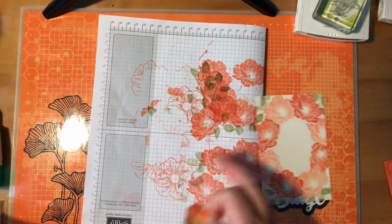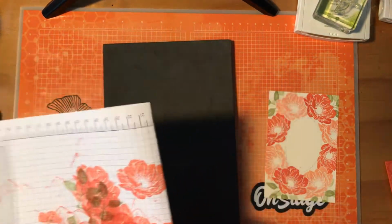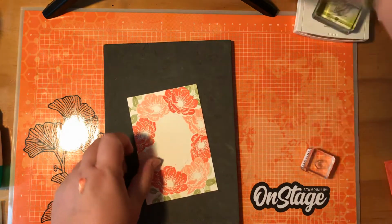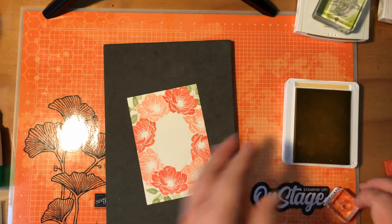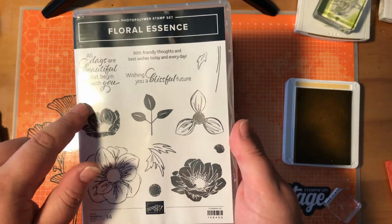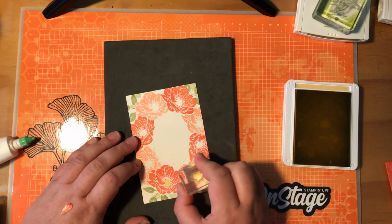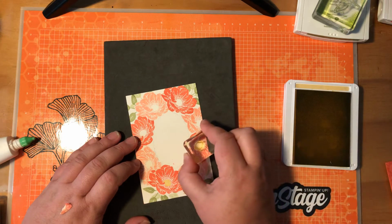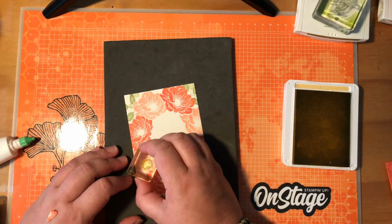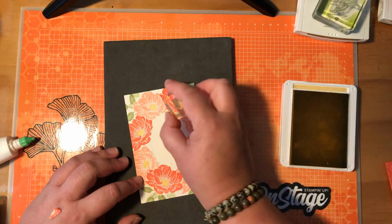So I would keep my two masks, and I'll just stick them in the stamp set there and use them again next time I'm crafting with it. So pop that away. Now I've got So Saffron for the center of the flowers, and you'll see there's three different flowers and 3 different centers, and they're all made to fit in one of the flowers. So I picked out the one to suit what we're making, and because it's photopolymer, it's super easy to line up. And stamping in So Saffron is a nice light colour to see through the ink in the stamp for where we want it to go. So